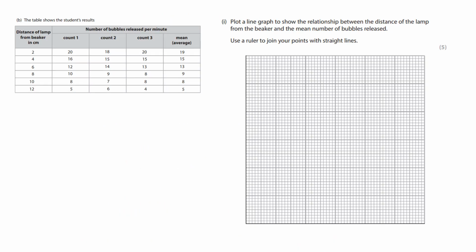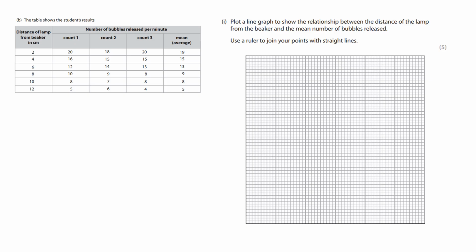Next question. Ooh, draw a graph. Okay, so the table shows the students' results. We have the distance of the lamp, we have our count 1, 2, and 3, we have our mean. So plot a line graph to show the relationship between the distance of the lamp from the beaker and the mean number of bubbles released. Use a ruler to join your points with a